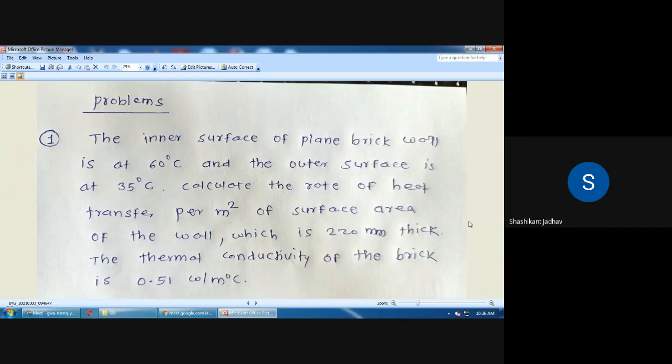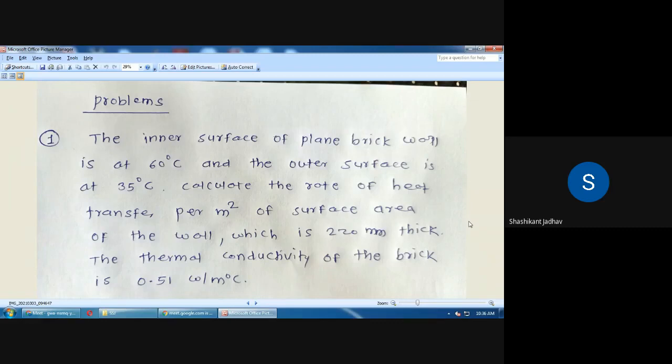Calculate the rate of heat transfer per meter square of surface area of the wall,